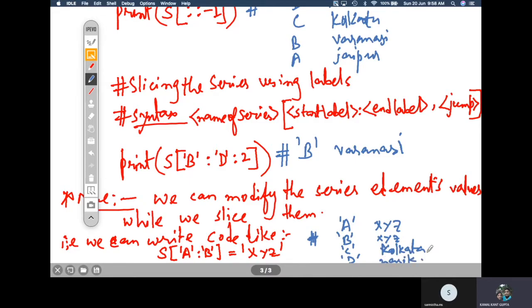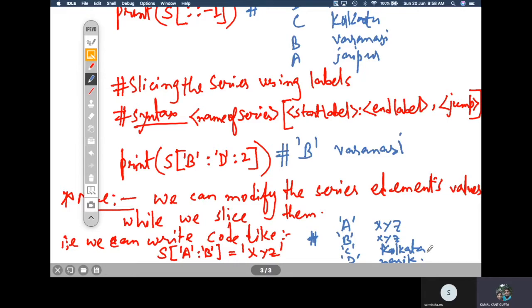So the first two values a and b will be replaced with xyz. So you can manipulate the values with this also. This is one such example given here.